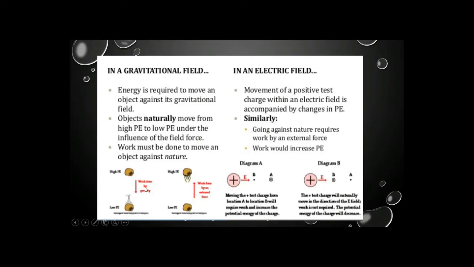For example, work is done by gravity and work is done against gravity, which means when we place some stone at some height and we remove the external force, that stone will come again toward the earth due to its potential energy. And when we take that stone to a height, it has a high potential energy at that height. And when we release it from that height, it will come toward the earth, and at that point, it has low potential energy.